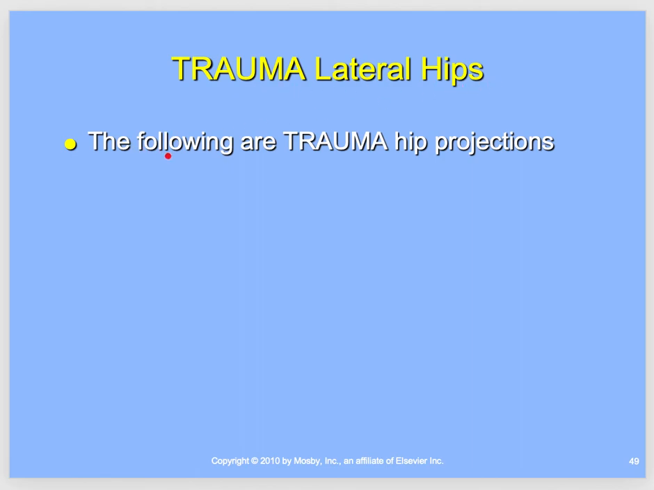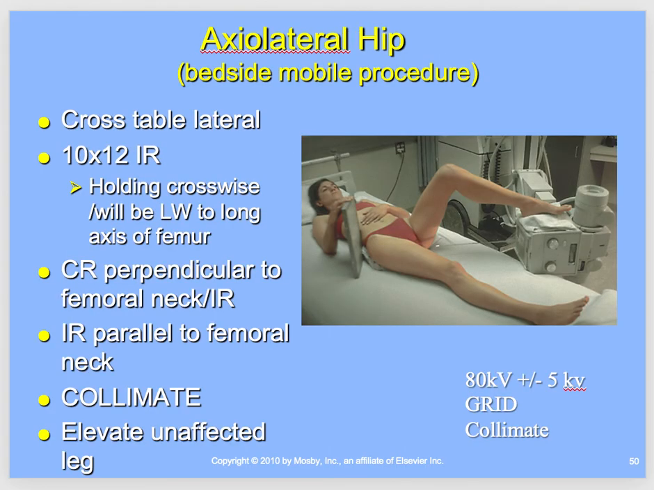So trauma lateral hips, the following are trauma lateral hip projections that we'll run through. So axiolateral hip, the bedside mobile procedure. So this is if they're in a stretcher. If they are able to help, they can hold this cassette. You can see that they're built up a little bit on that hip. You're just going to have to be really careful. A lot of times techs will work in teams, or if they're working by themselves, they'll take this and push this down into the bed, so it actually goes below the leg and the soft tissue to better image that cross-table hip onto that image